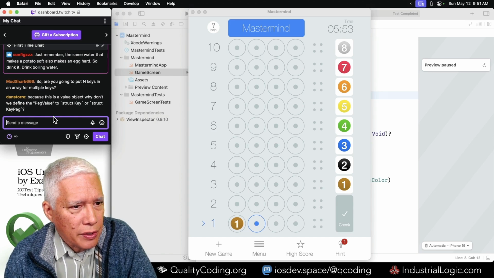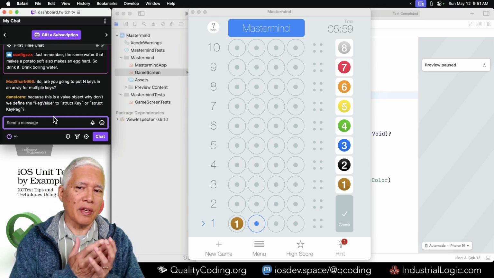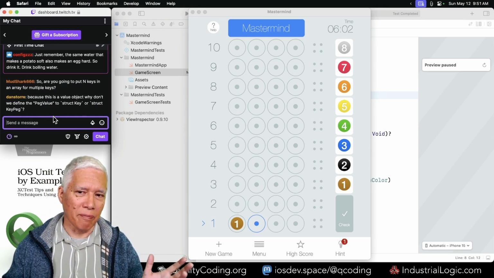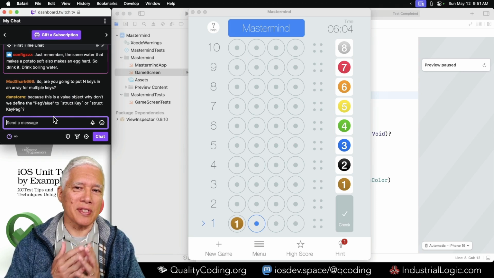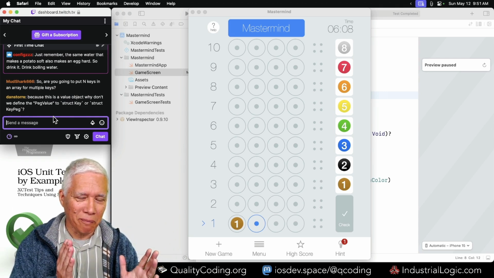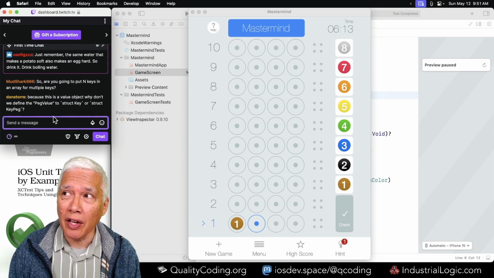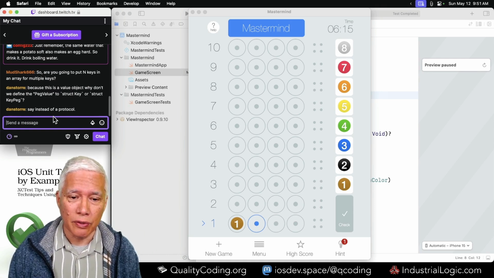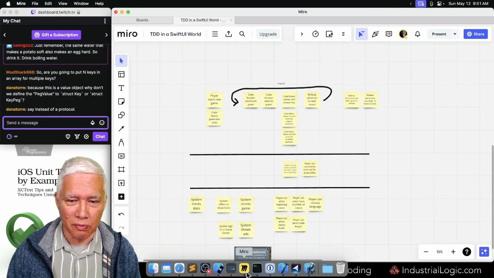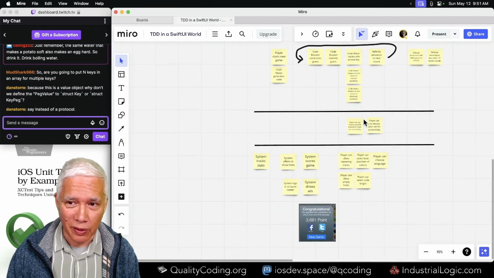So Mudshark says, are you going to put n keys in an array for multiple keys? And I think that is the direction we want to go, is to have sort of like, what is the set of them? What is the set of all of them? What is the set we are playing with? Right? These are the things that are non-obvious to a programmer who doesn't know. I happen to know how the Mastermind game works. So